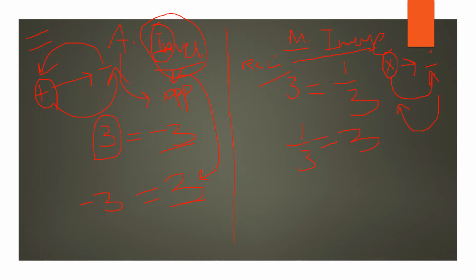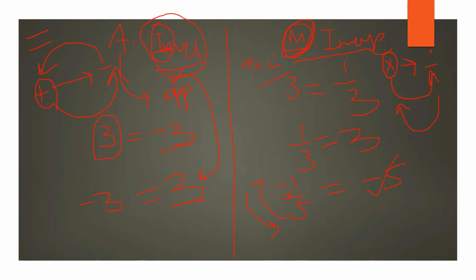Here I may ask one question. What is the multiplicative inverse of minus 1 by 5? It is minus 5. When you are learning this multiplicative inverse, please don't get confused. Multiplicative inverse is just the reciprocal, and the symbol will not change. If it is minus, here also minus will come.